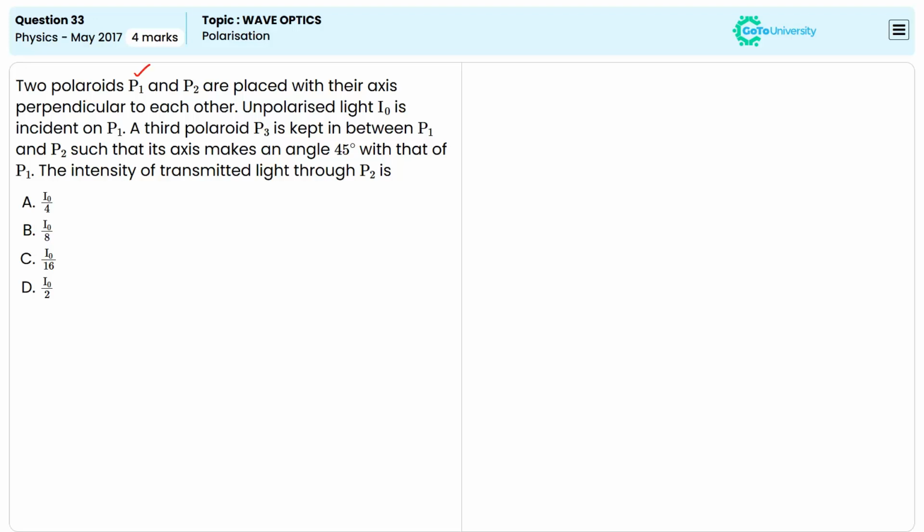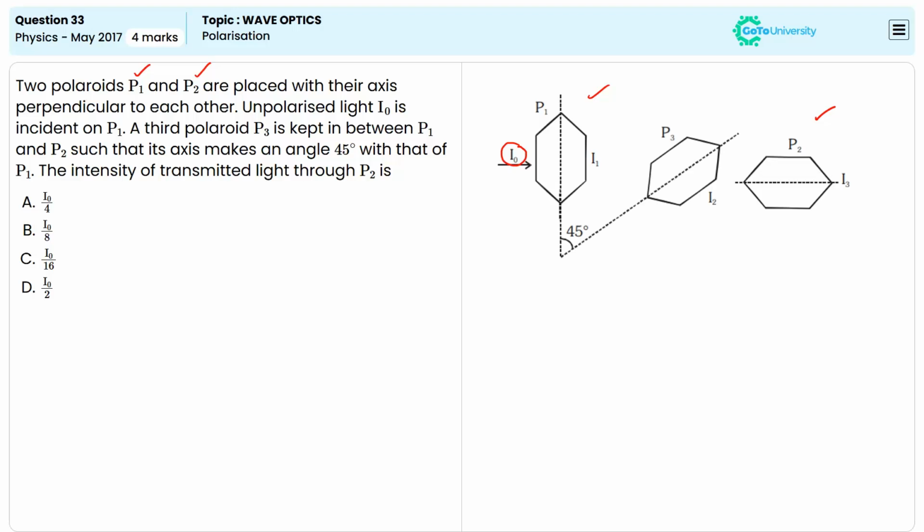Polaroids P1 and P2 are placed with their axes perpendicular to each other, whereas unpolarized light, which has an intensity of I naught, is incident on P1. The third polarizer P3 is kept in between P1 and P2, and it is making an angle of 45 degrees as well. And the question here is, what is the value of the intensity of the transmitted light through the Polaroid